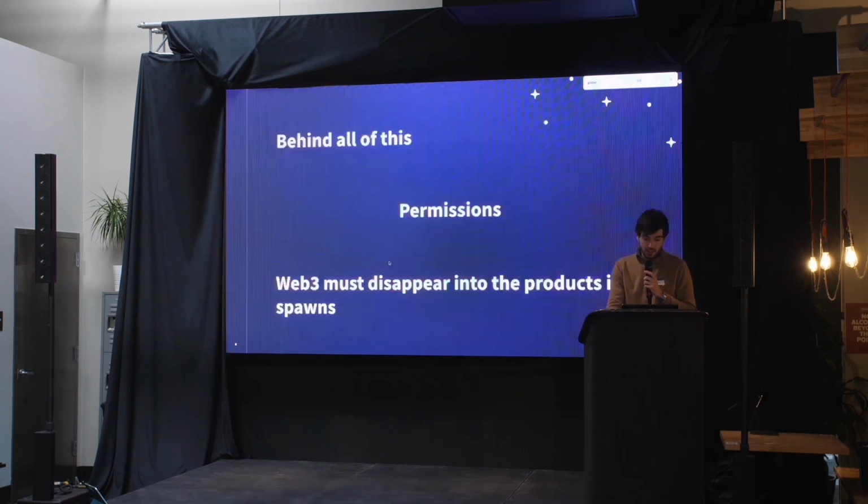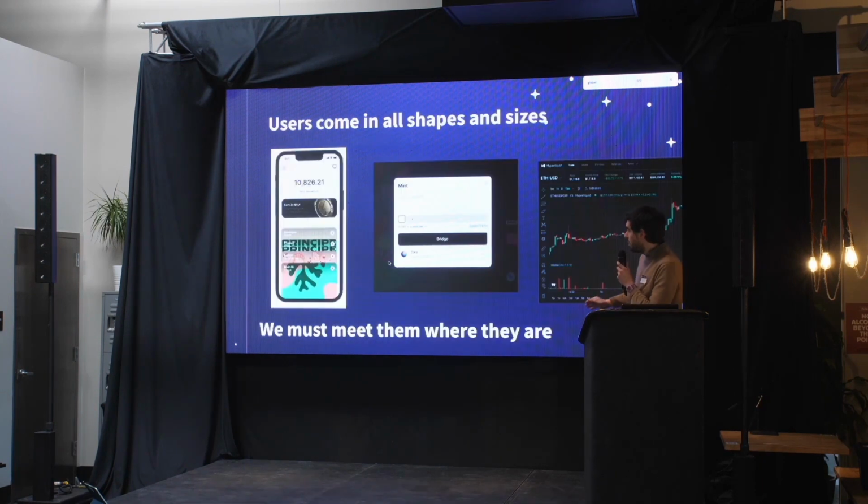And so that's, I think, really what permissions is all about. At its core, the question is, how do we get users where they want to go without exposing them to needless complex interactions along the way, with the understanding that complexity is different for any given user. The definition of one user's complexity is part of another user's product experience. Being aware of a multi-chain world is very useful in this world, and it's completely useless in that world. And so we need to build systems that are flexible enough to account for both ends of the user spectrum.